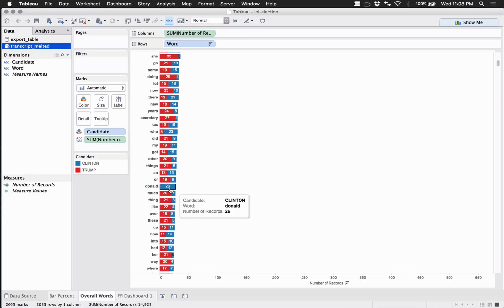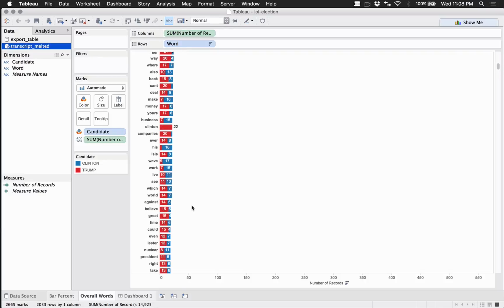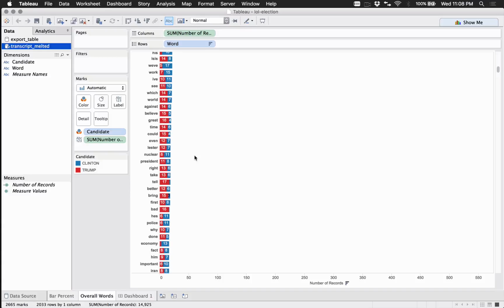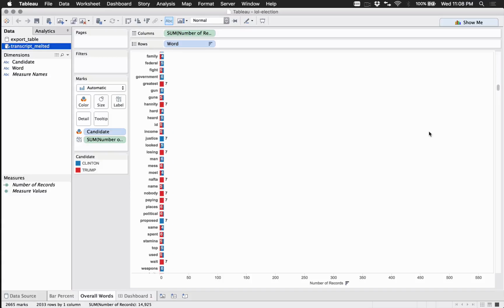Obviously, "Donald" was said mostly by Clinton, although Donald Trump seemed to have referred to himself. And yeah, so you can just kind of, oh, money. Wow, that's a good one. Where'd it go? Well, yeah, there's a lot to take a look at.